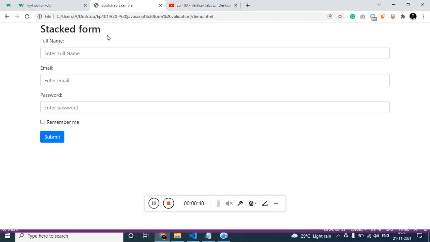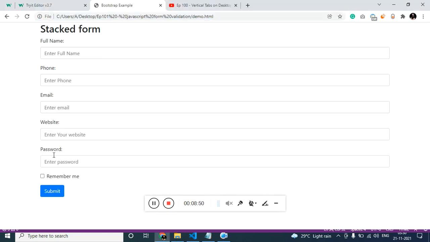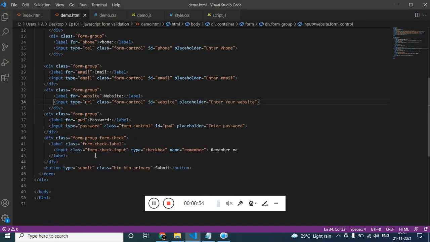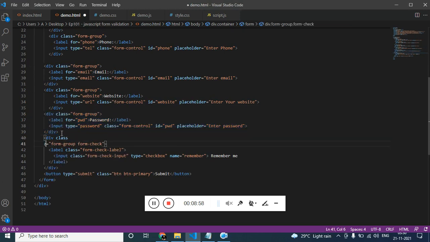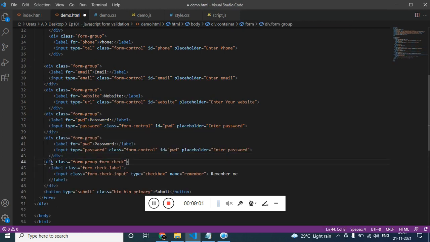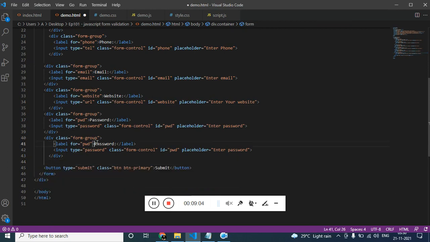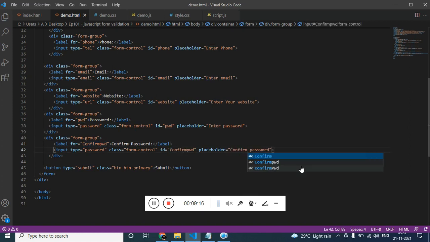Cool. And now we just need one more, which is confirm password, and we don't need this remember password, remember me section. So just add the text confirm password.